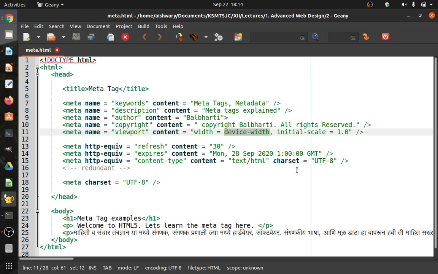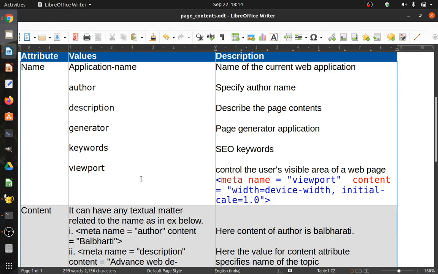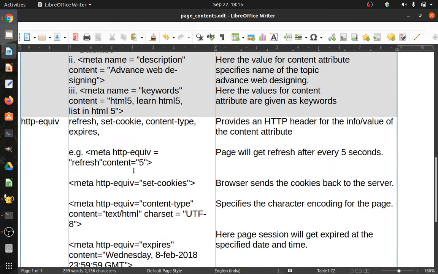So the third attribute of the meta tag is HTTP equivalent, EQUIV, it is written like this. As you can see, these are the various options which are possible.